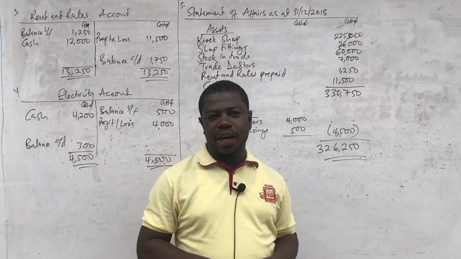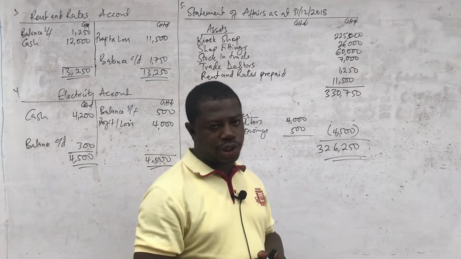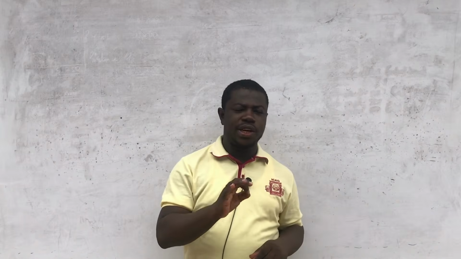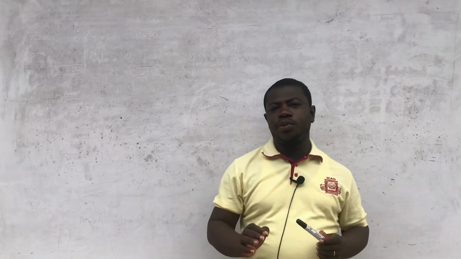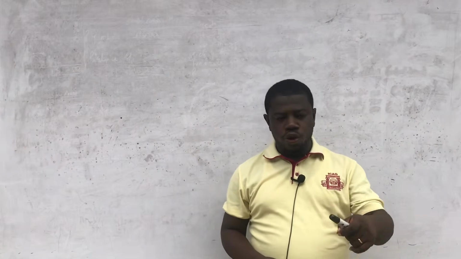This is our capital, which we are going to use to prepare the statement of financial position. Now, we are done with the main 5 steps that I gave you. But I also told you that you have to be smart and go through. There may be other principles that you need to apply, especially depreciation. So I want you to take note of these depreciation issues. Now, the question didn't mention anything about depreciation. But once you are preparing an income statement and there are assets, closing and opening balances, you should be mindful